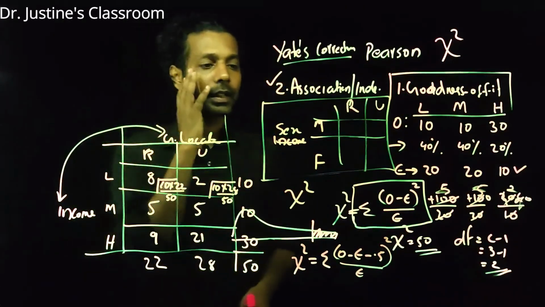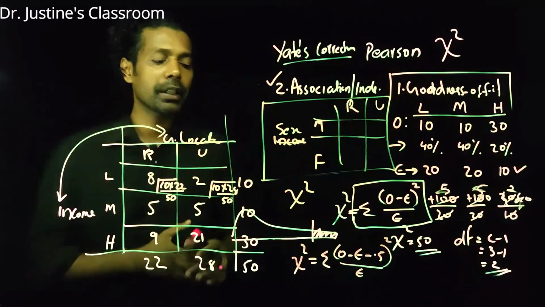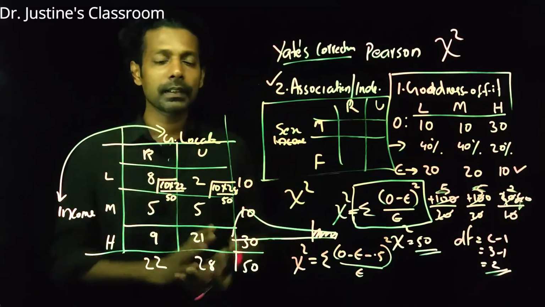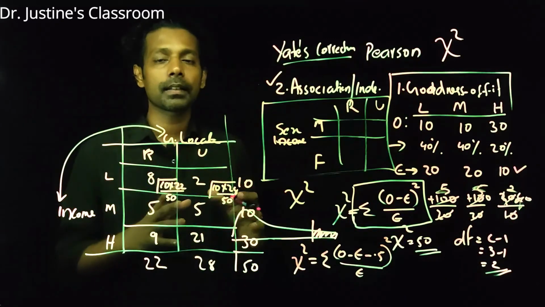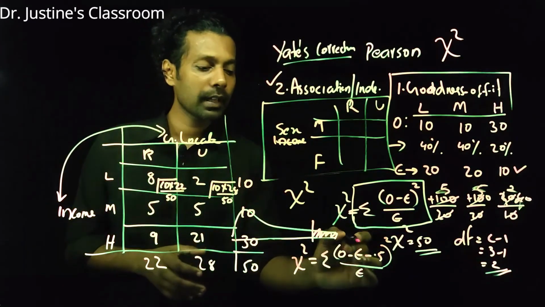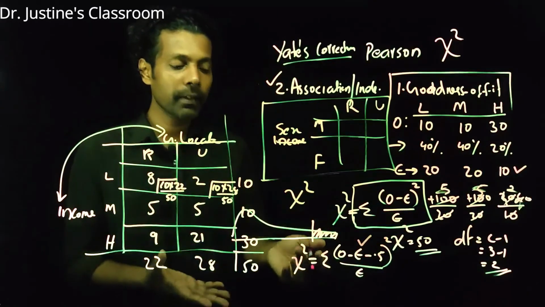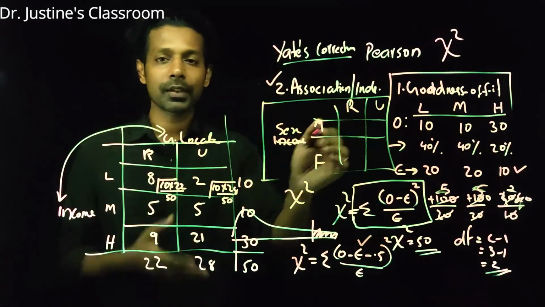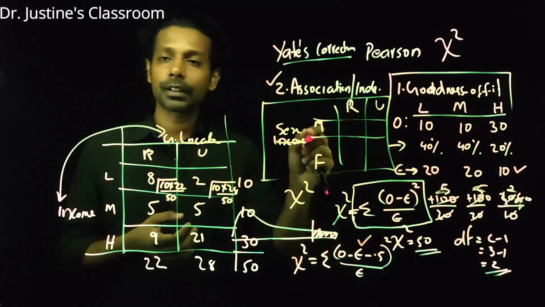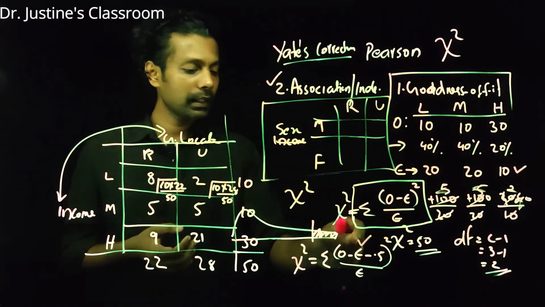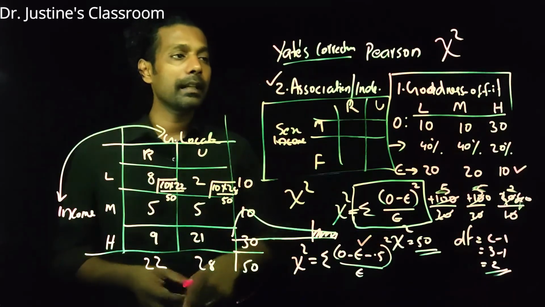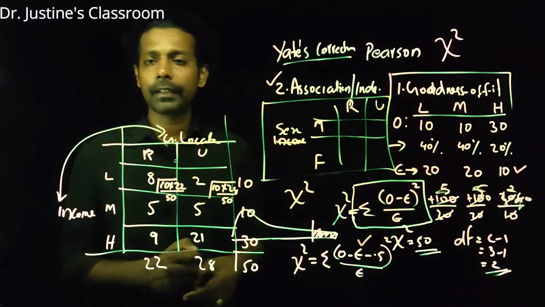Many researchers say that this is a little strict, very rigid kind of correction, and you don't need to do that. We have a kind of consensus about this when the expectation score is smaller than 5 and you have a 2 by 2 condition. So remember, if you have a 2 by 2 condition and the expected frequency of any of the cells is less than 5, then you need to go for a Yates correction. Otherwise you really don't need to go for a Yates correction here.